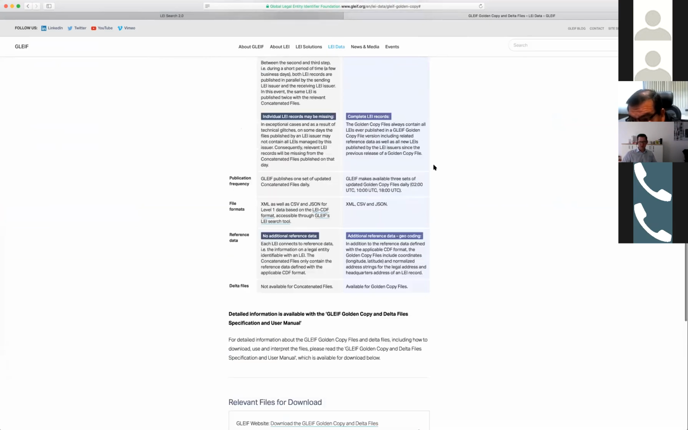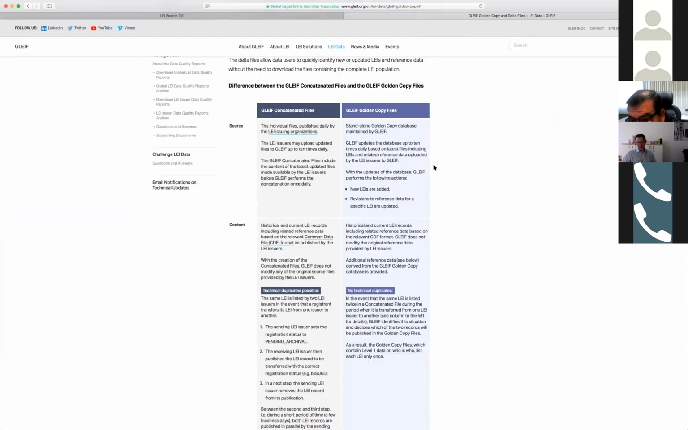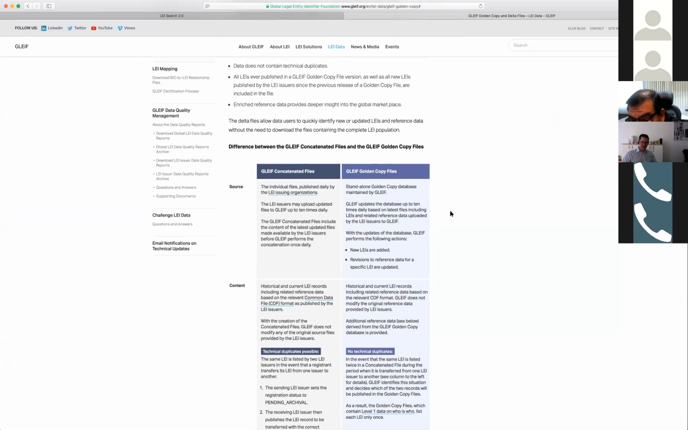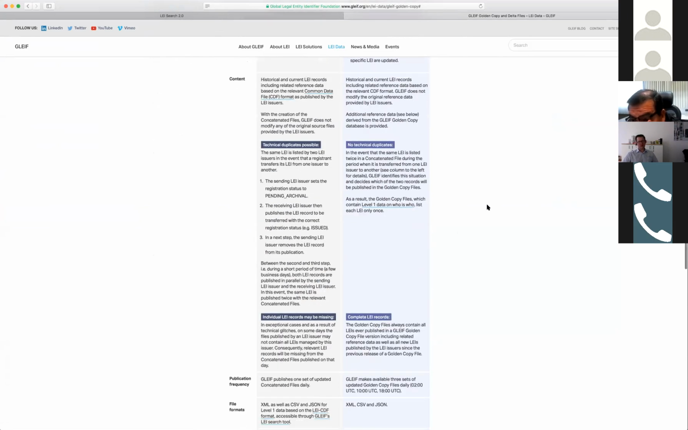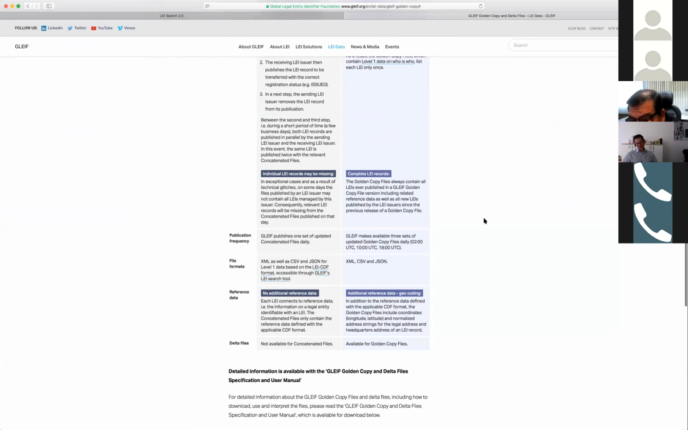And regarding the question of what is the difference between the concatenated files and the golden copy files, very good question. We have answered it lengthily on this page. You see this table here on the left side. You always see the description of the concatenated file, and on the right side, the golden copy files. Just very briefly, the golden copy files are a database version of LEI data, which takes care of some of the consolidation tasks that users have to do themselves when they work with the concatenated files, because the concatenated files are just taking the data from each LEI issuer worldwide and concatenating them, so putting them together,